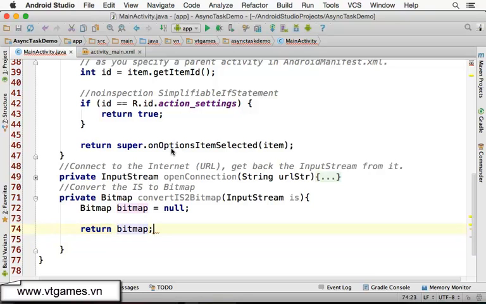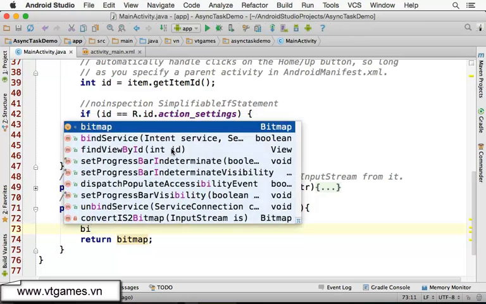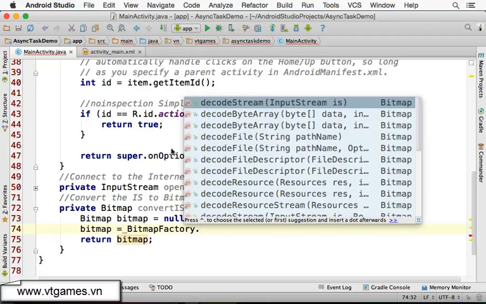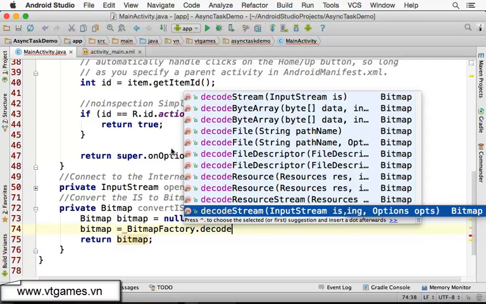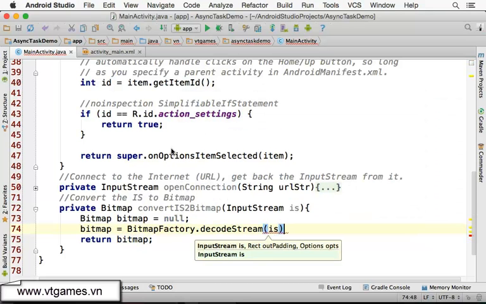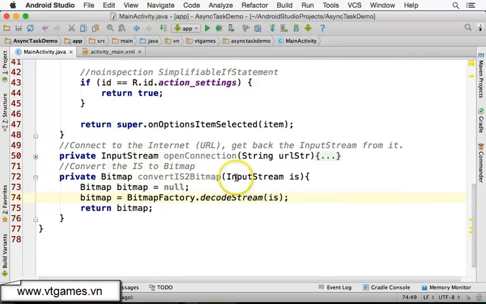But of course, before returning this bitmap, we need to do the conversion using bitmap equal to BitmapFactory.decodeStream. So we're going to get decodeStream here, then keep that input stream, and then we have the bitmap and return the bitmap. Then the next step is actually